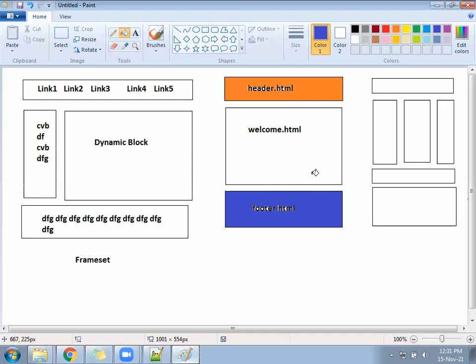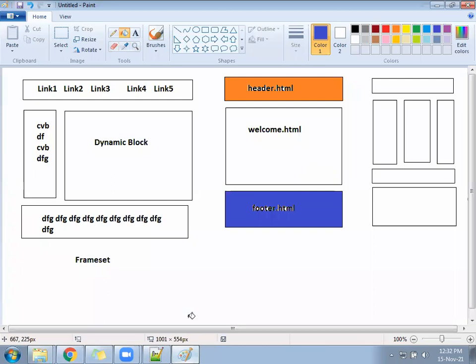I will write the CSS in my system. Mine is running as of now at 600 as a width or something different, because my screen is only half a screen. On the projector it will show full, but my screen is half only. It's connected with the projector, so the screen size will be different. If I follow pixels in my system, 1000 pixel will be more than a screen. In your system, 1000 pixel will be half of the screen. If I write 100% in my screen and you write 100% in your screen, yours will also be full width, mine will also be full width. So the best practice is percentage only, but in HTML it will not give you much impact.